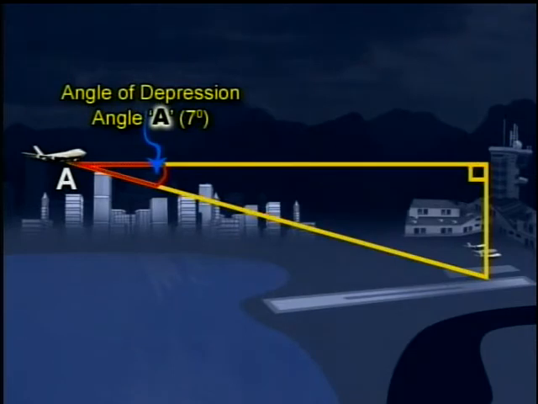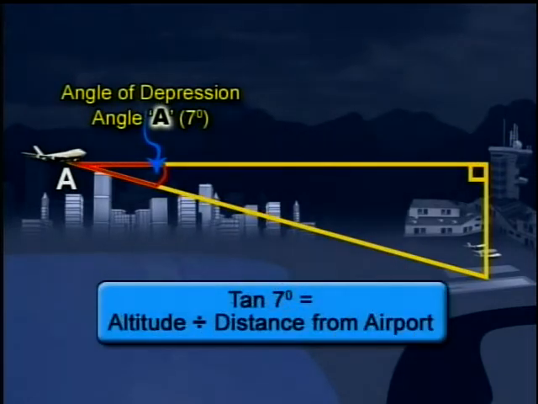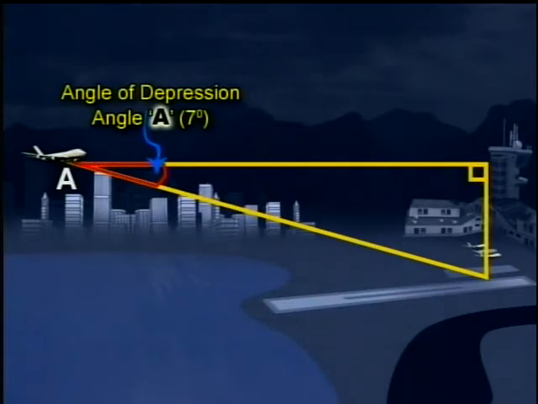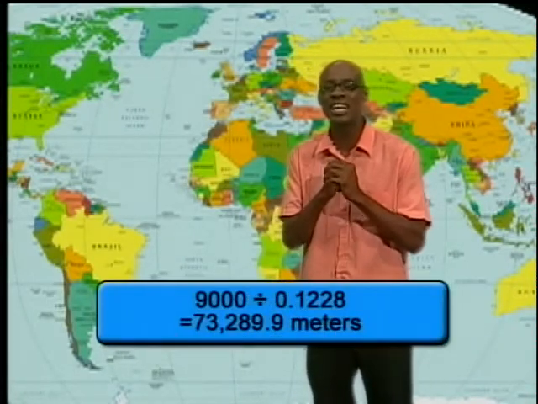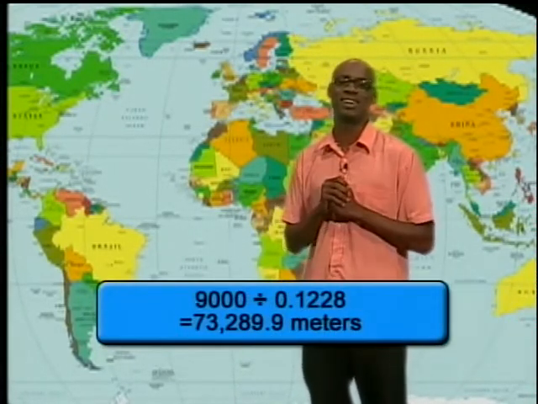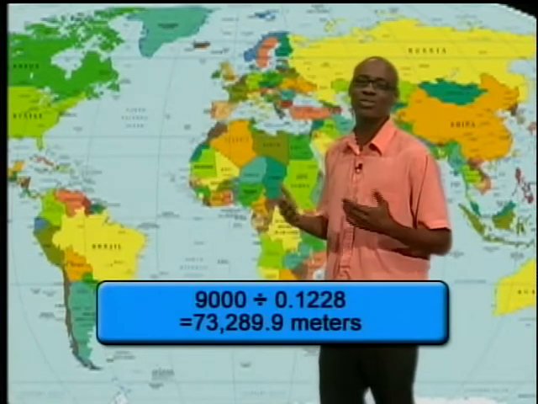So our equation becomes the tangent of 7 degrees, which is equal to the altitude divided by the distance from the airport. When we change the subject of the equation, we get that the distance from the airport is equal to the altitude divided by the tangent of 7 degrees. The distance is 73,289.9 meters, and we can round this off to approximately